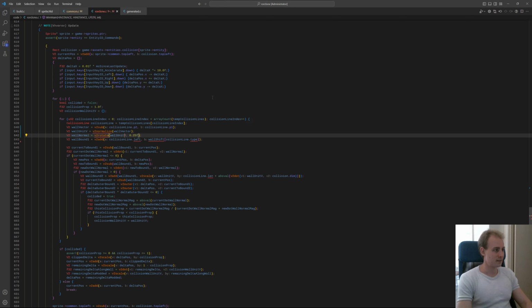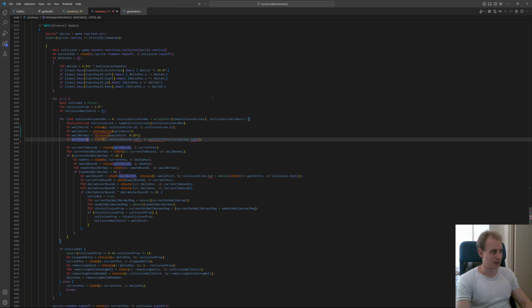V2 rotate. And I guess we can just make it implicit that we are always rotating in the xy. 90 degrees is a quarter turn, yeah. Okay, so we don't have these functions, but we will. Now, wall bound 1